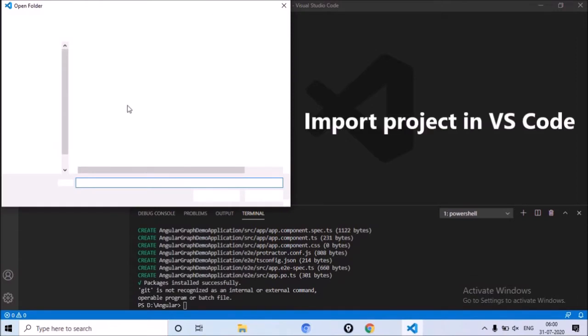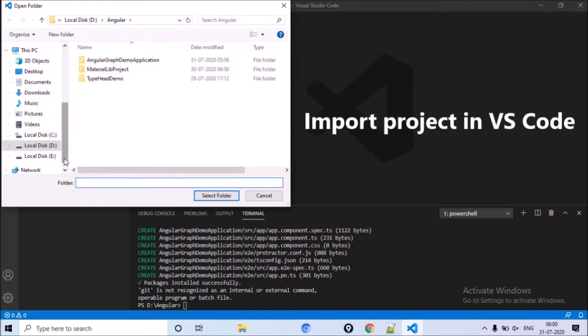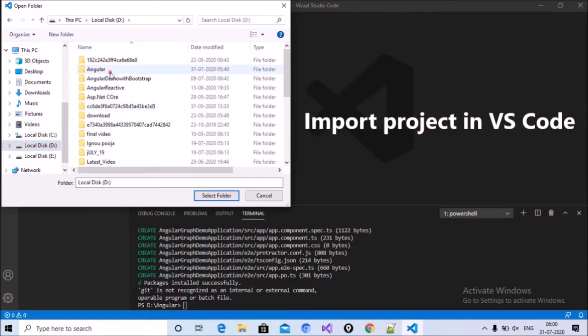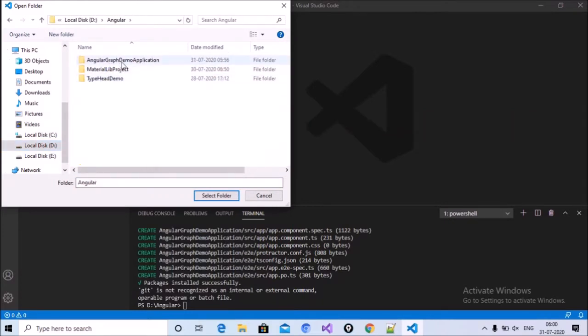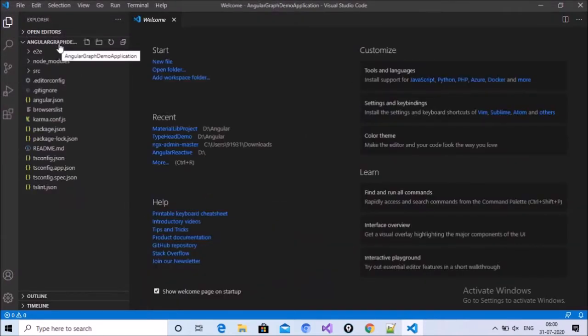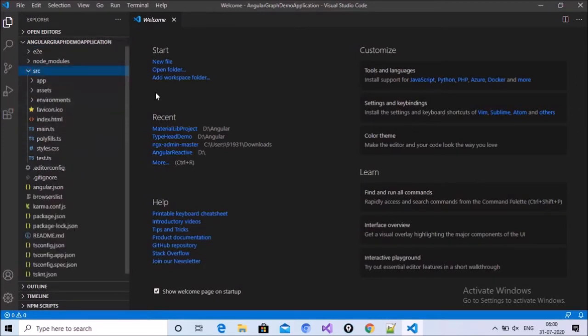The project location is inside the D drive, in the Angular folder, and we can see here the Angular graph demo application. Select this project, and we can see that the project has been imported here in Visual Studio Code. Angular graph demo, and you can see all the files showing here. Right now, open this